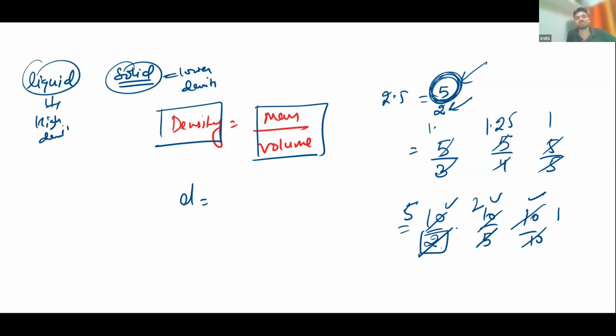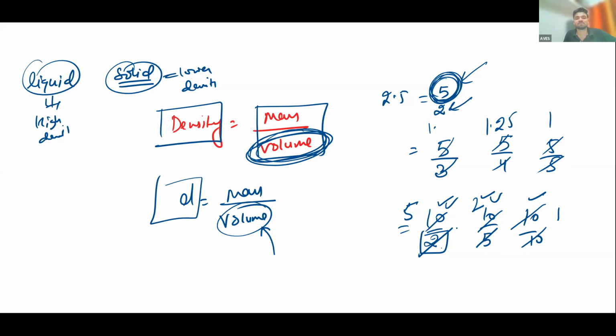So if you are having a particular amount of water, and you are converting it into ice, then it expands. The volume will increase. This value will increase. So mass will remain constant and volume of the water increases. Because just as I have shown you, if this value is kept constant and you keep increasing the denominator, 2 to 5, then 10, you will get the overall density as less.